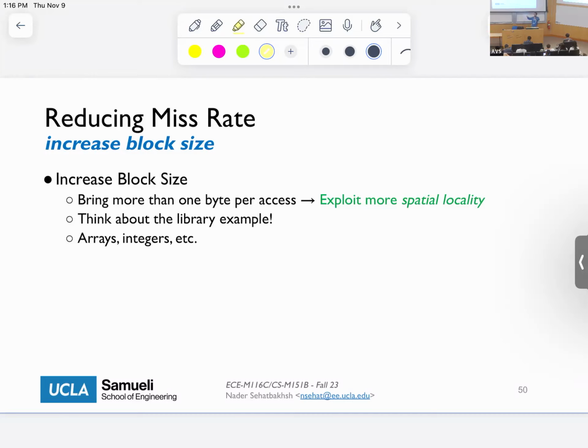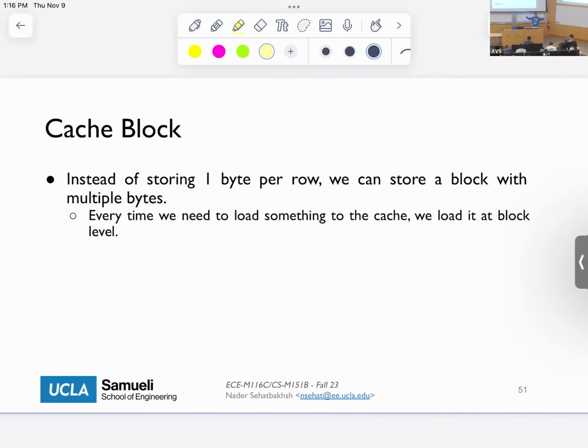So instead of bringing 1 byte and storing 1 byte per line, why don't we actually store multiple bytes per line? So instead of calling it a byte, we call it a block, okay? So we increase the block, and by increasing the block, potentially we can use more spatial locality. So potentially we can reduce the miss rate, okay? So far we assumed that there is only 1 byte per row. For example, if I showed you this kind of 8-row fully associative cache,